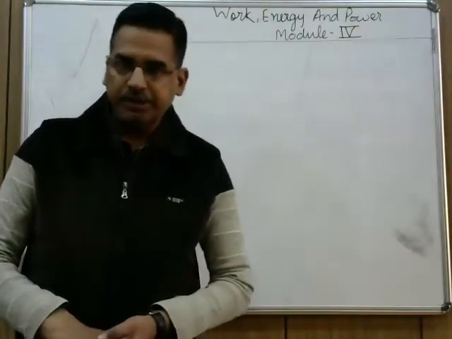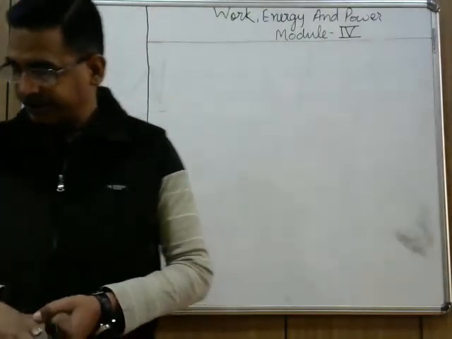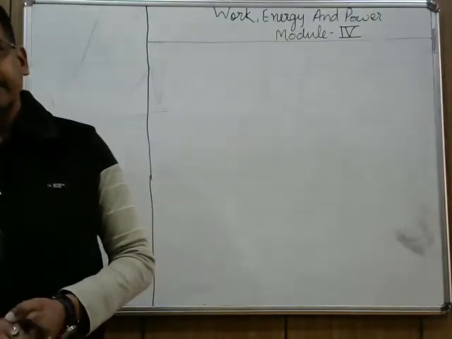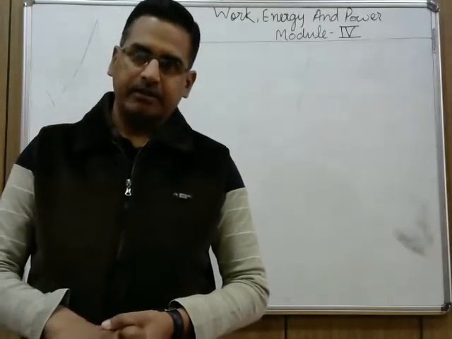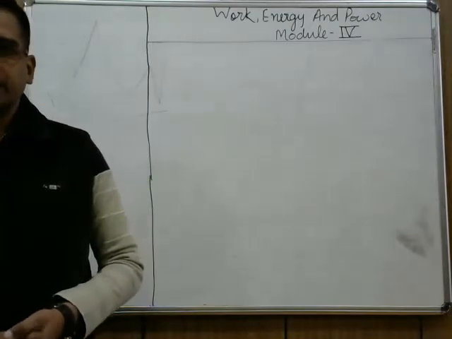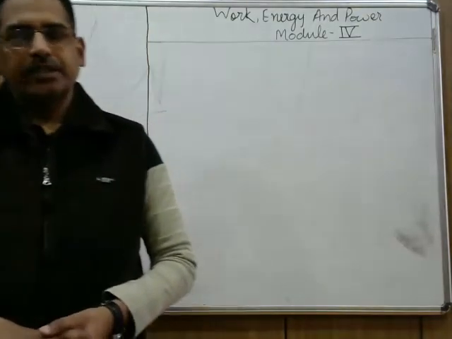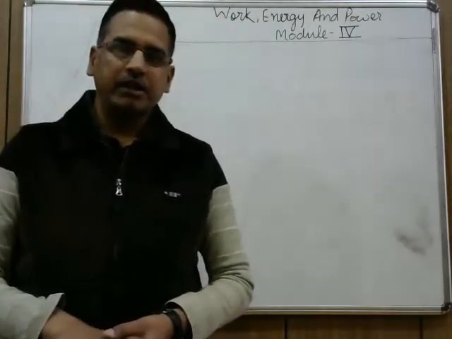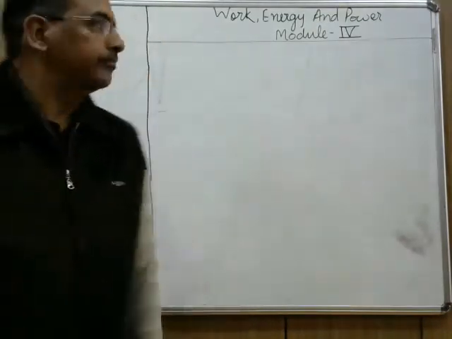Before I move to collision, I will summarize the collisions. A collision is said to occur when two bodies either physically strike against each other or if the path of one is influenced by the other. There are two types of collision, elastic collision and inelastic collision. A collision is said to be elastic if the momentum as well as kinetic energy of the system remains conserved. A collision is said to be inelastic if momentum remains conserved but kinetic energy of the system changes.